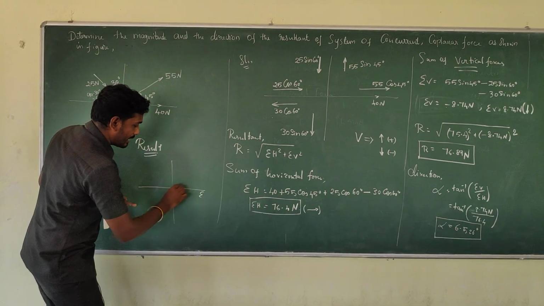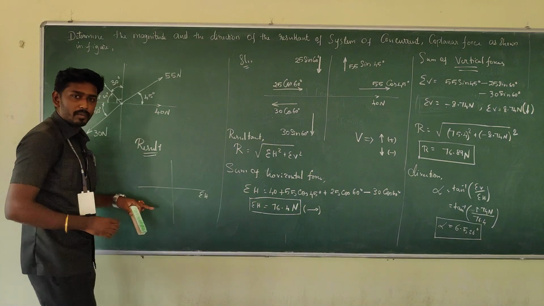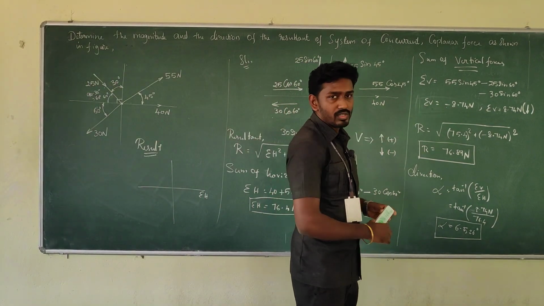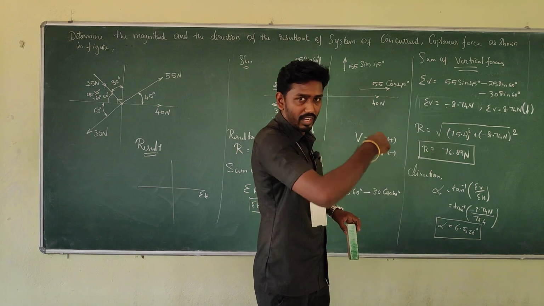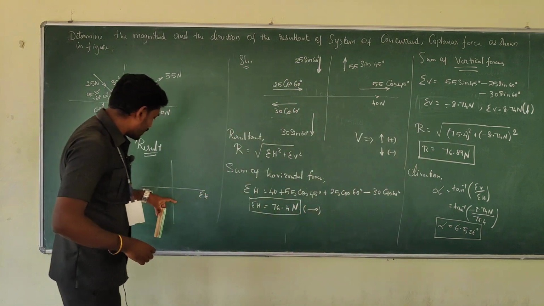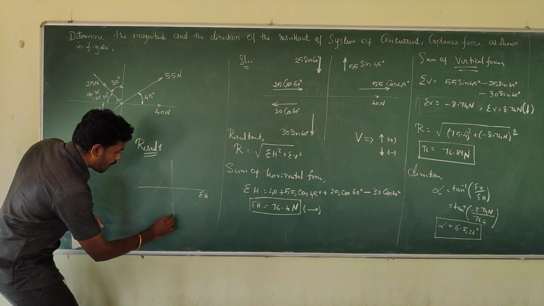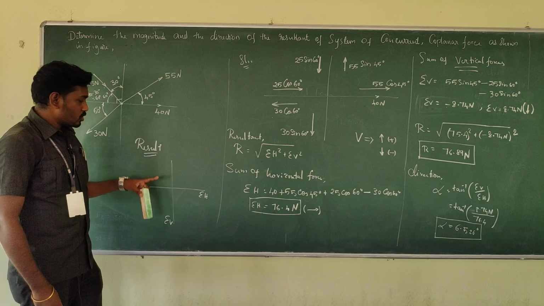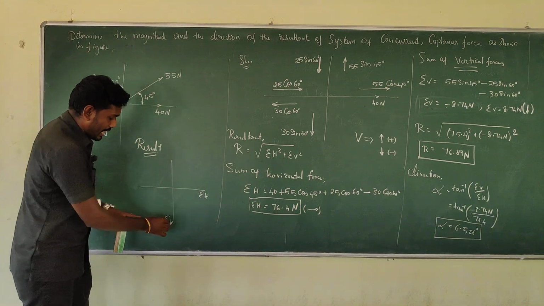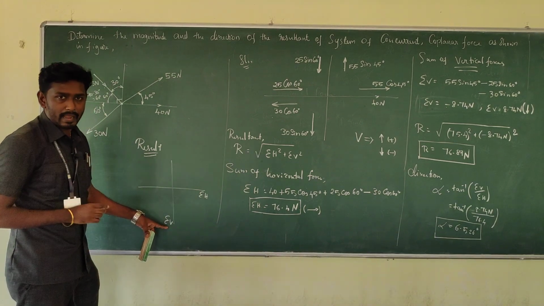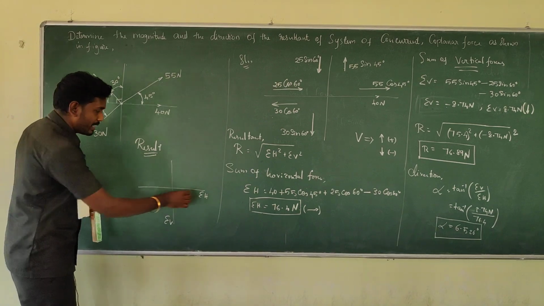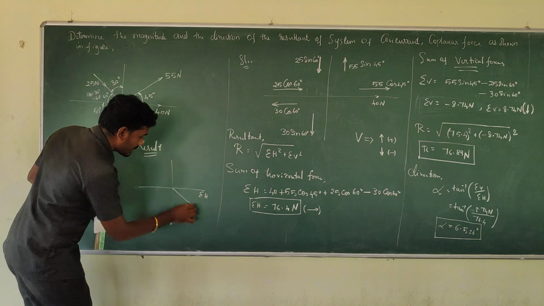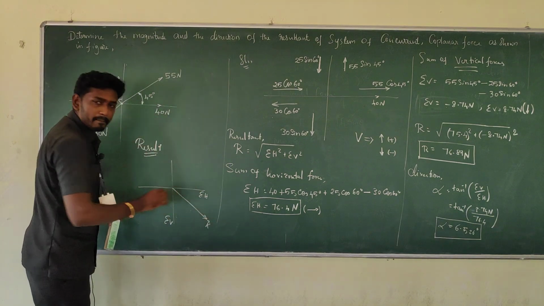So in this direction, summation of H is going to happen. And here comes the vertical force, which is directed downwards. So downwards in the sense, it's going to be plotted somewhere here in this component. If the horizontal force is here and vertical force is here, definitely your resultant force would be somewhere in this quadrant, that is the fourth quadrant. So somewhere here it's going to happen.